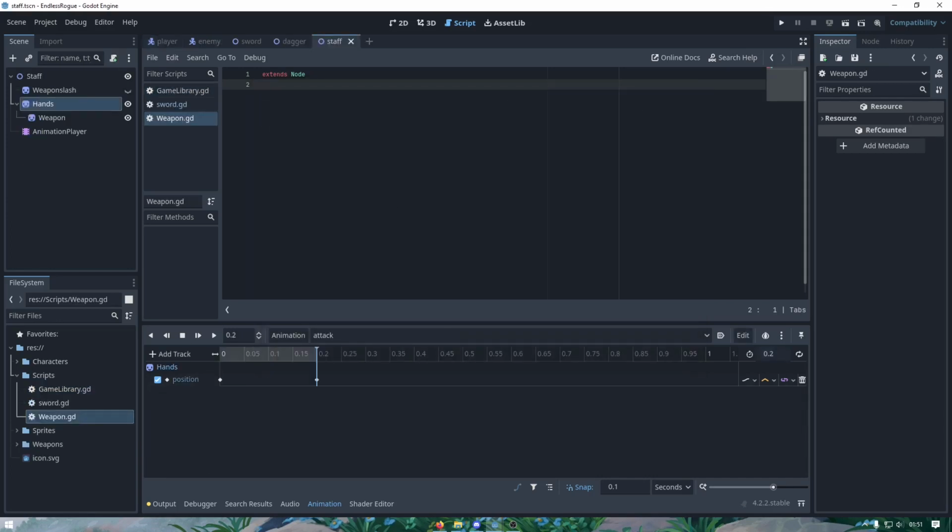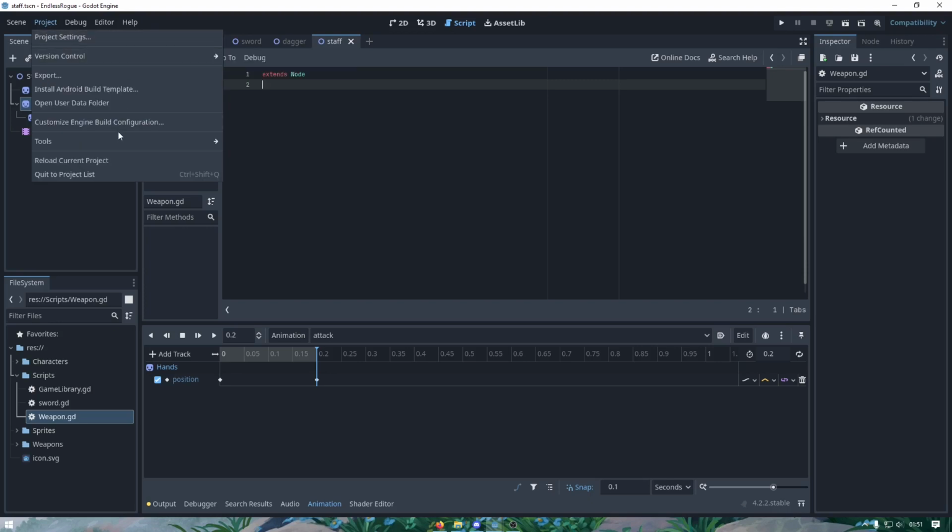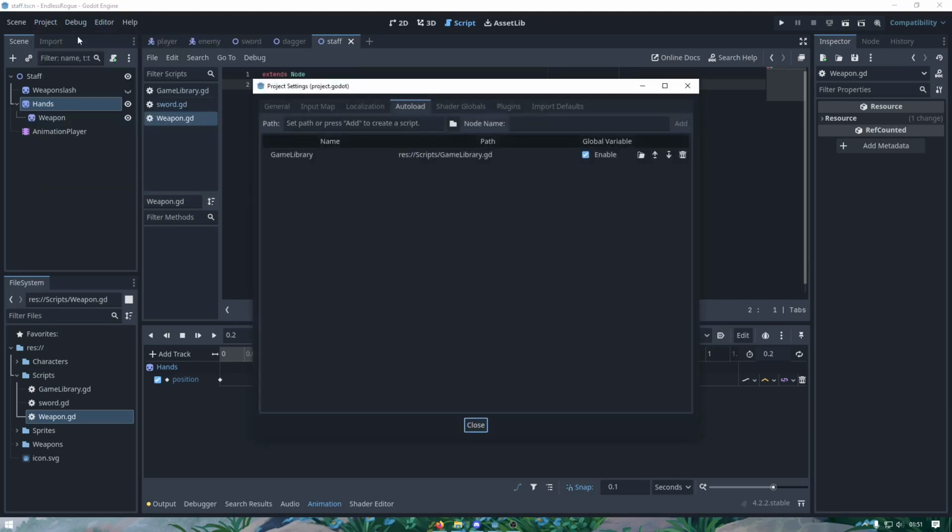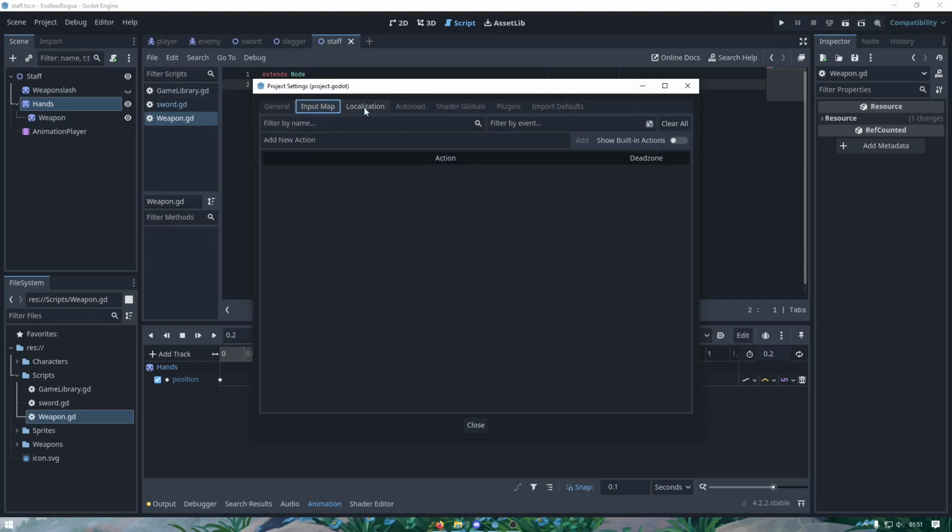After you're done adding the autoload, add these two buttons into your input map. By the way, if you notice a difference in our script folder, don't worry about it. We'll get to it later.